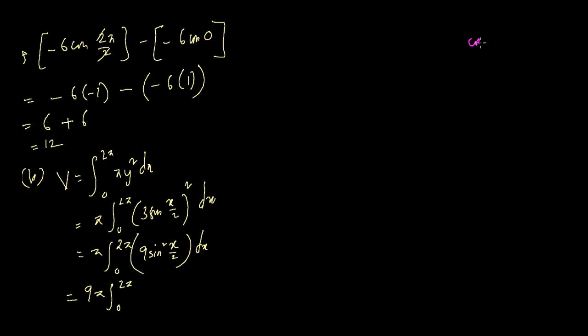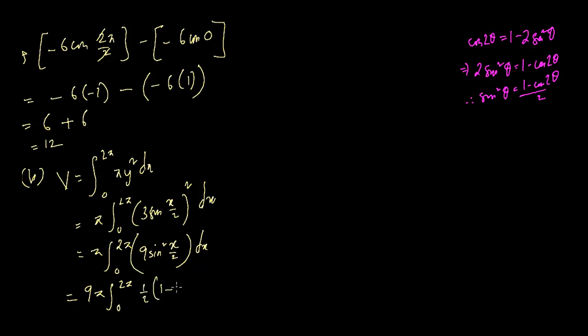Cos 2 theta is 1 minus 2 sine squared theta. So we can write 2 sine squared theta is 1 minus cos 2 theta. Therefore we can write sine squared theta is 1 minus cos 2 theta divided by 2. So this is the identity that we can use for that particular sum. So we can write half of 1 minus cos 2 theta, meaning 2 of x by 2. Remember, this was already x by 2, so this is theta, so 2 theta means 2 of x by 2, and divided by 2 is the same as multiplied by half. From here we can write